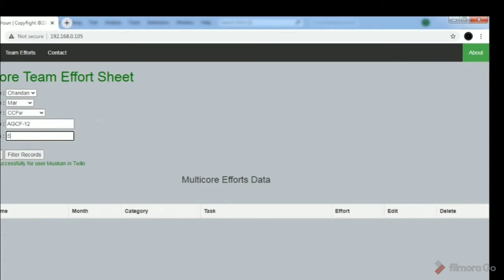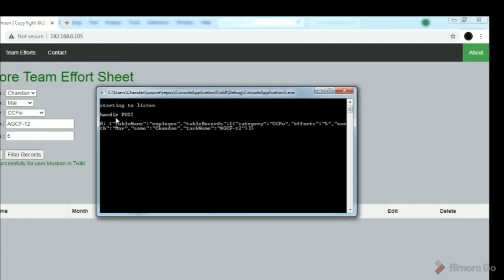I will call submit detail, but I have not handled this in our C++ REST server, so we will not get the reply. But yes, the request will be displayed here. You can see that a REST request arrived in the C++ REST server, but we have not handled it and parsed it. We will do it later.